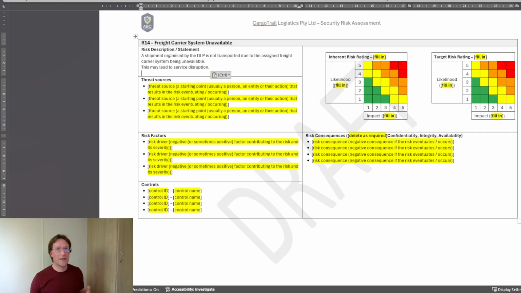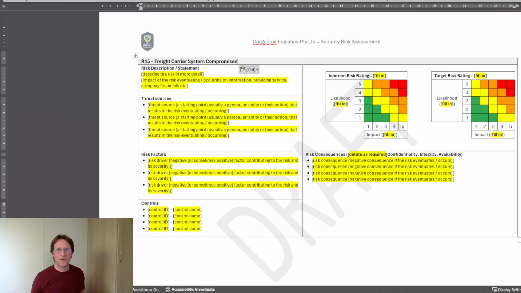We're not necessarily making a judgment on whether the risk is high or low, or whether there are controls in place to mitigate the risk and make it a lot more reasonable and acceptable. We're just trying to identify things that we can find looking at the company's business operations and the context around the company. We can consider this risk of the freight carrier system being compromised as being different to it being unavailable, because if it's unavailable, that means that you're trying to, say, contact a system to tell it you're giving them an order, and they're not necessarily responding and acknowledging that the order's been accepted